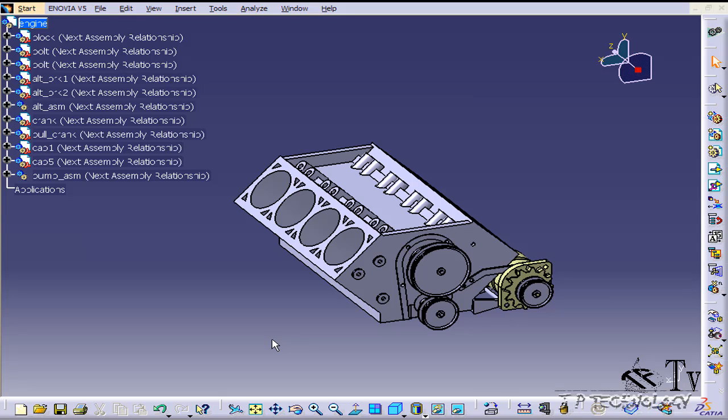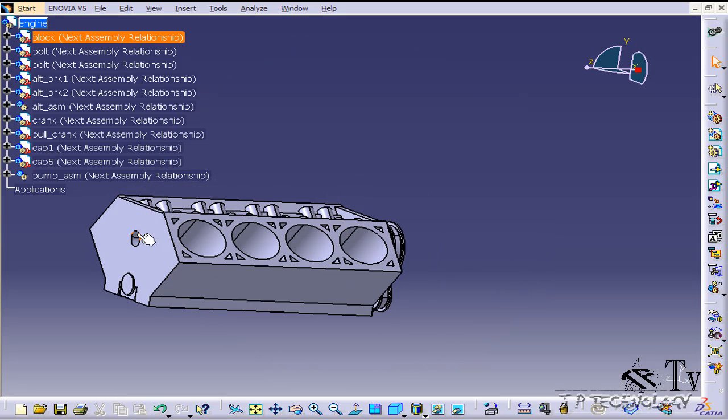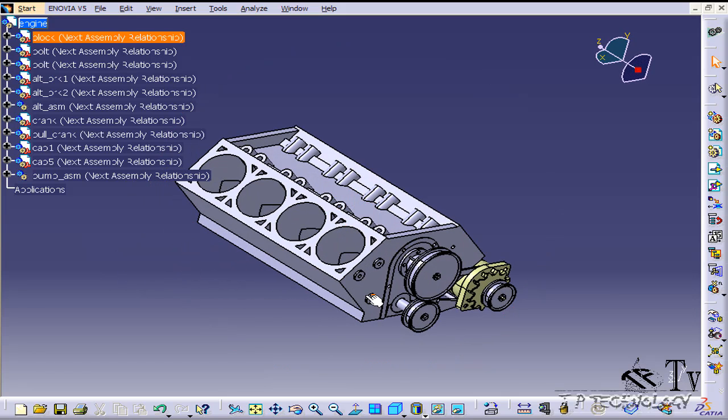So what we're going to do in this tutorial is rotate a single component in the assembly, multiple components, and the entire assembly. So again, like I said in the last tutorial, we need an axis to rotate about, and we're going to do exactly that in this tutorial too. So we're going to create an axis through the center here that we're going to rotate the entire assembly around.